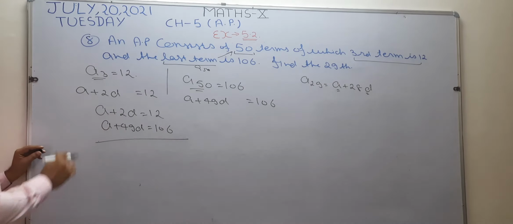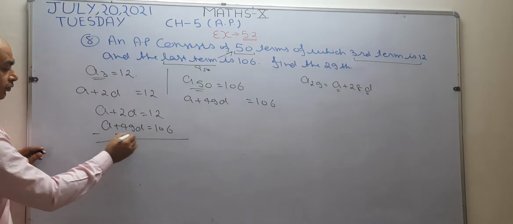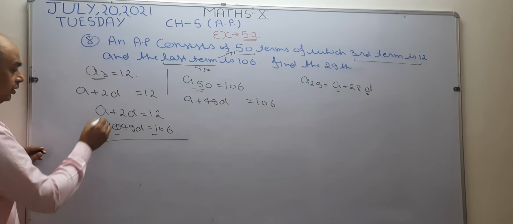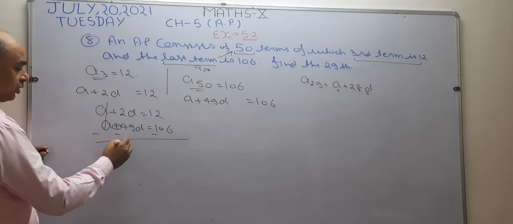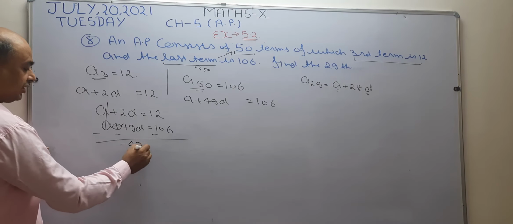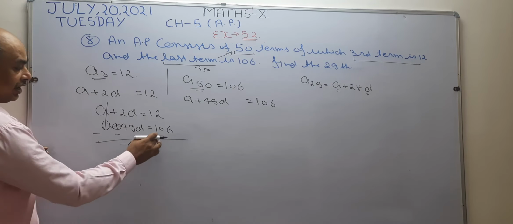Okay, both numbers have the same sign, so I want to subtract. First I want to change the sign. Now this is going to cancel. Now plus minus minus, this is the larger number, so I want to take the negative sign first. So this is minus 47d. Again this is the larger number: 6 minus 2 is 4, 10 minus 1 is 9, 4 minus. Minus is cancelled with minus, and this is going to divide by 2. So the value of d becomes 2.